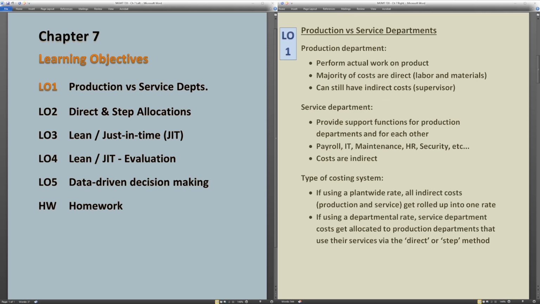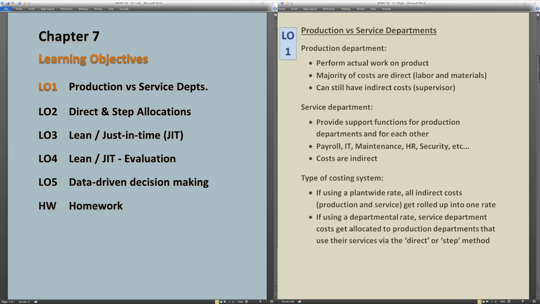So let's move on to actually learning Objective 1. What is the difference between a production and a service department? A production department, and again, we're mostly talking about manufacturing type businesses, although any of these costing exercises can apply to both service and merchandising type firms. But usually when we're talking about cost accounting or managerial accounting, we're usually phrasing it in terms of a manufacturing or production type environment. So a production department, such as assembly or finishing or some sort of actual hands-on materials,